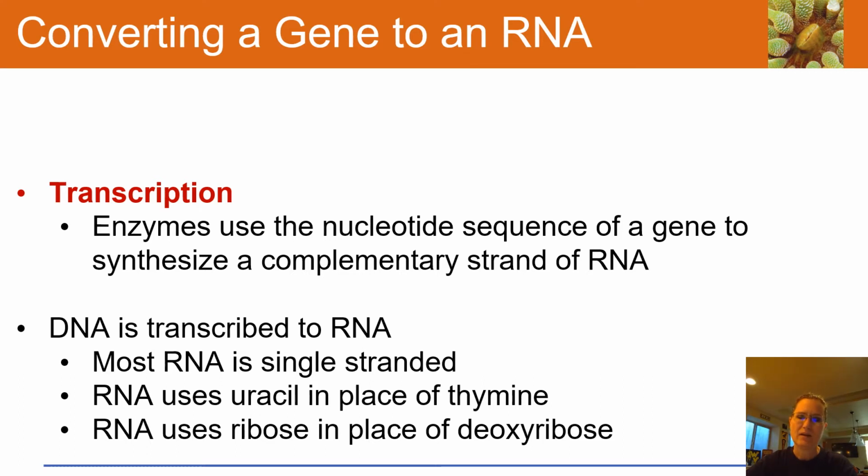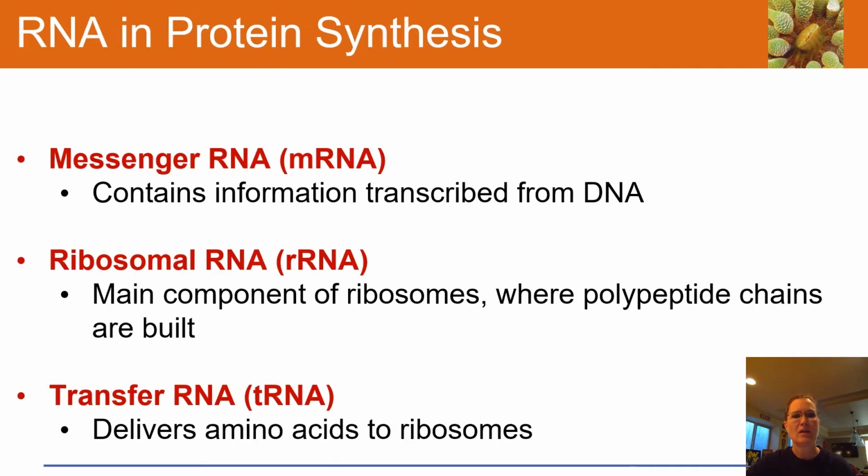And so this just talks a little bit about the enzymes, and I talked a little bit about what makes DNA and RNA different just a bit ago. So there's three kinds, two that we really focus on, one that's more of a structural thing and helps a lot in doing a job. So messenger RNA takes the message from the DNA to the ribosome. And then ribosomal RNA is a couple of subunits that make up structurally the ribosome, and it helps our body go through the process of transcription and translation,